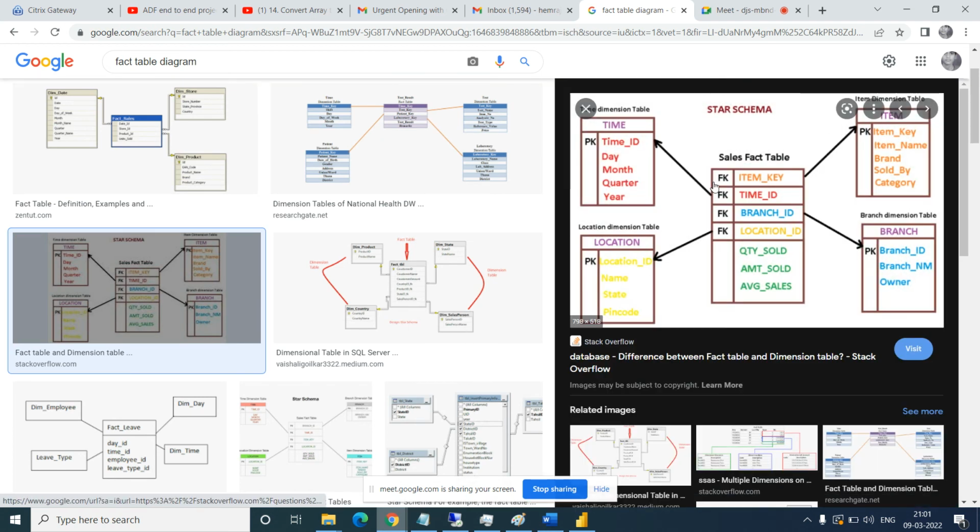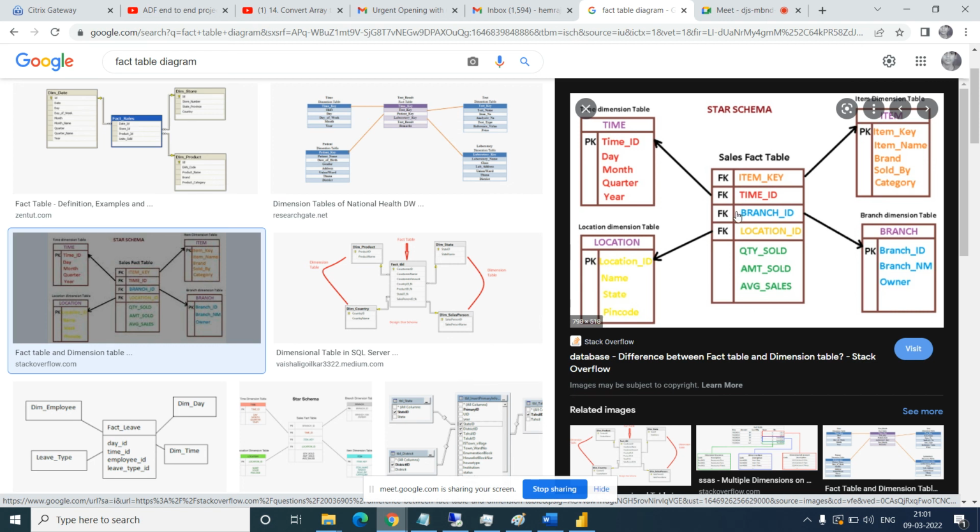Okay, if you see, this is a fact table. This is one table. All dimension tables are directly attached to your fact table. Can you see this? All foreign keys, and there is some metric data: quantity sold, amount sold, average sold. It means a fact table always contains key columns and measures, some metrics. So all dimension tables attach to your fact table.